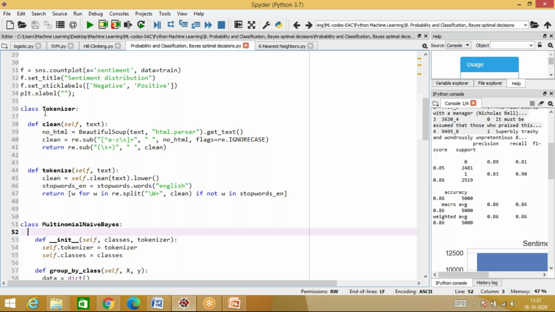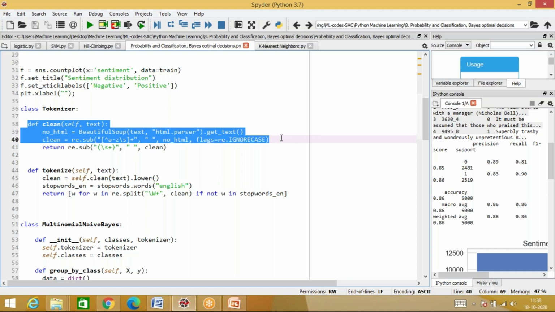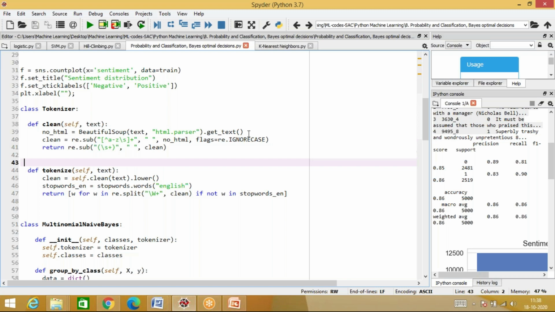So if you see, this Tokenizer has this particular function called clean. It will accept the data from you. If the data is required to be converted to text, we've converted it using BeautifulSoup, right? Then using a regular expression over here, it tries to identify the extra characters or the extra HTML characters that you have, and it will just eliminate that.